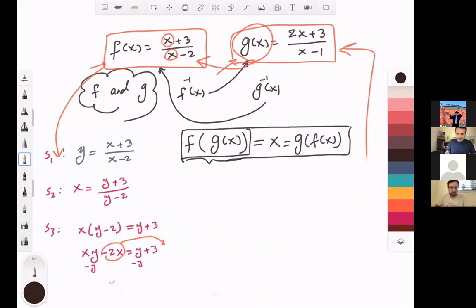Composing this one, we know it already. You have it in your note sheet. f of x is here, g of x is there. So f of 2x plus 3 over x minus 1 equals